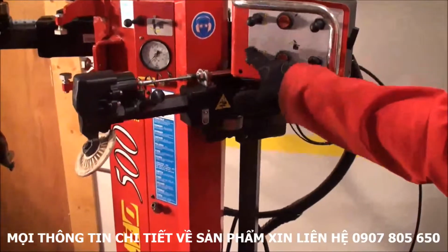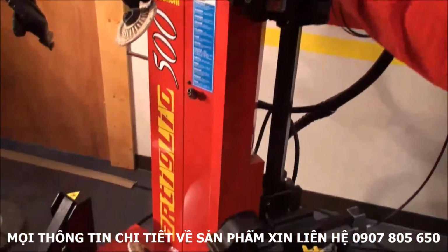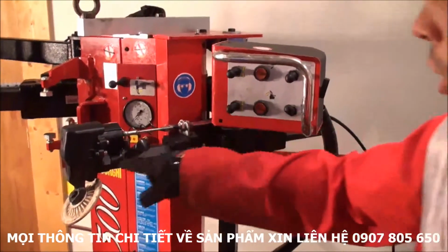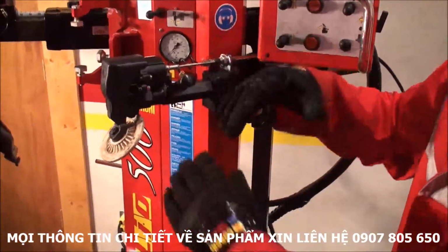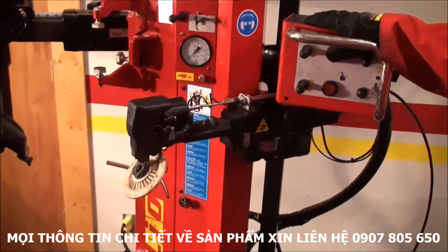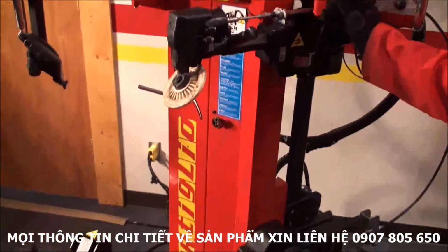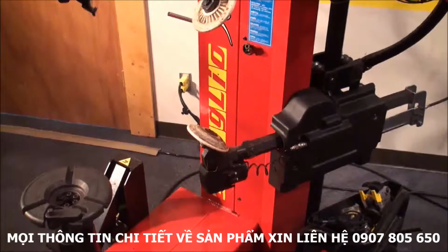We have these two switches which control the up and down movement of the two bead breakers, this for the top and this for the bottom. We have these two buttons which are the ones that open the bead breaker roller to help it break the bead when it goes under the edge of the rim. So as you can see, if I press it now, it opens. When I go up, it just releases automatically. The same for the bottom one. I just go against the rim, press it, break the bead. When I come down,